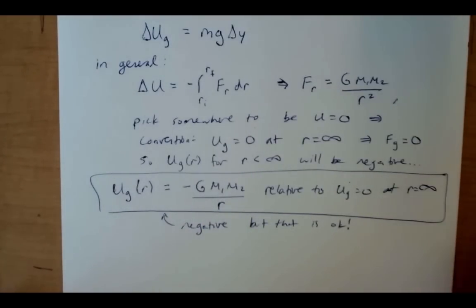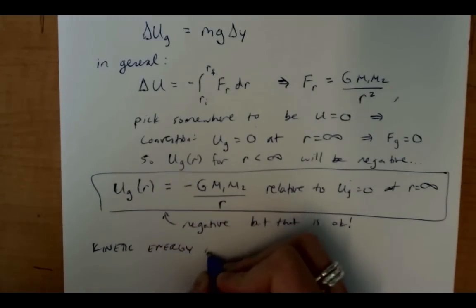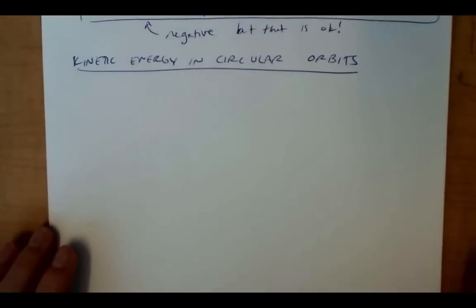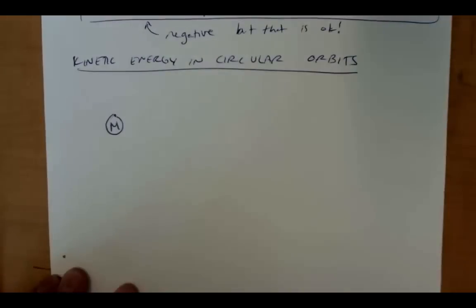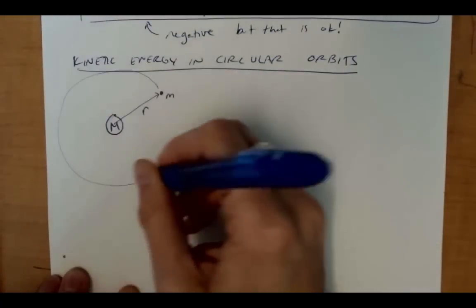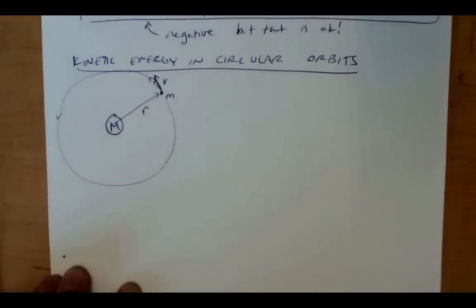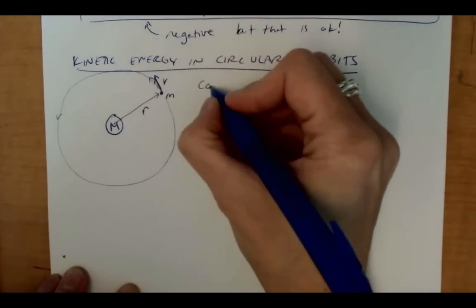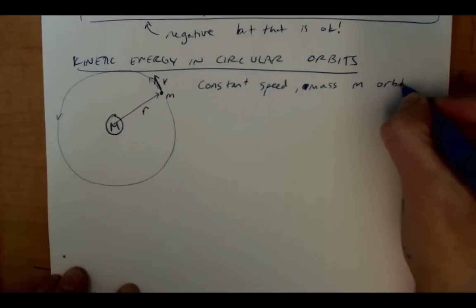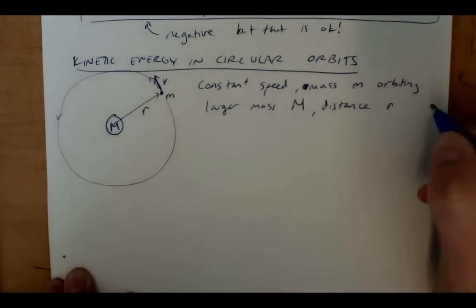So when we start talking about conservation of energy, we're also going to want to be able to talk about the kinetic energy. So if we look at kinetic energy in circular orbits, to simplify everything a little bit, let's say you have some mass M, and then there's a little mass, small m, that's some distance r away, moving in a circle around this mass. At some given instant, its velocity v is always perpendicular to r. So if we have a constant speed, and there's a mass m orbiting a larger mass, big M, at a distance r from the center,